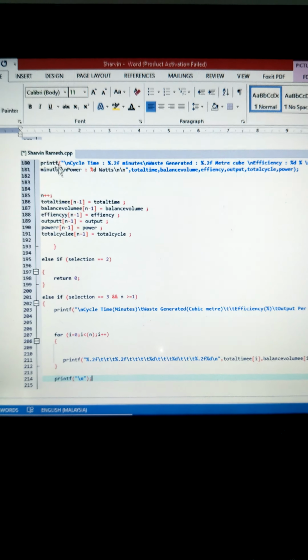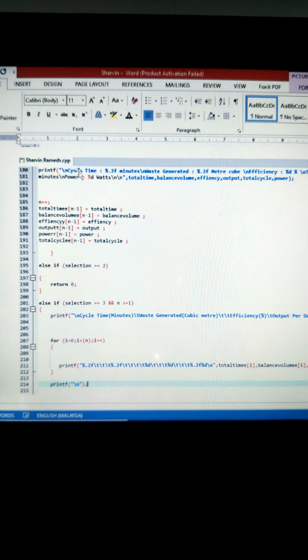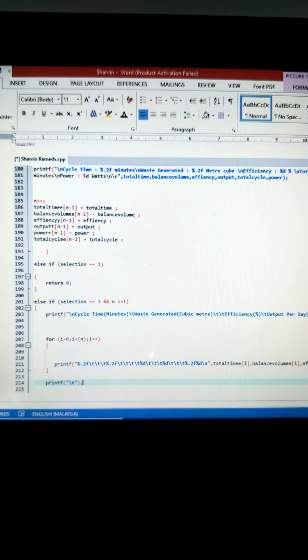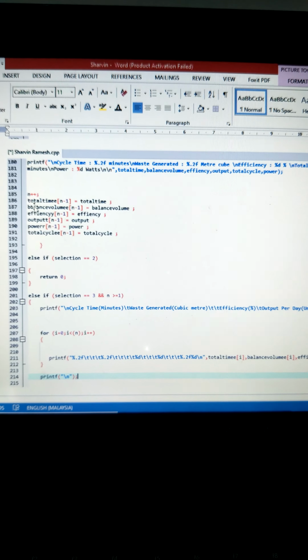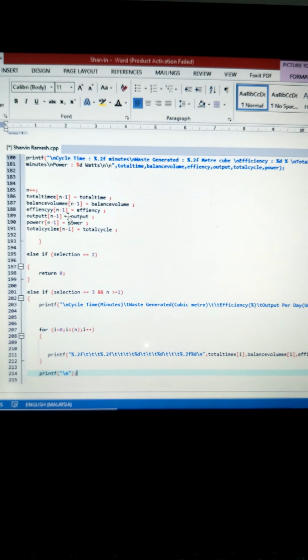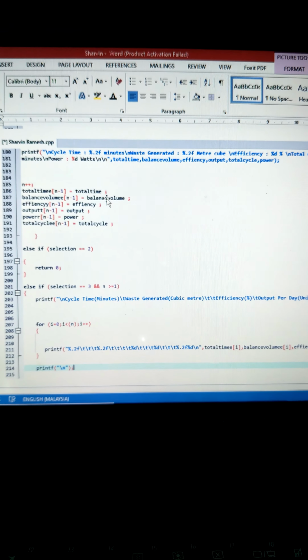And the next printf is the cycle time, where we need to get this requirement of the value. So n plus plus, total time, balance volume equals to balance volume,